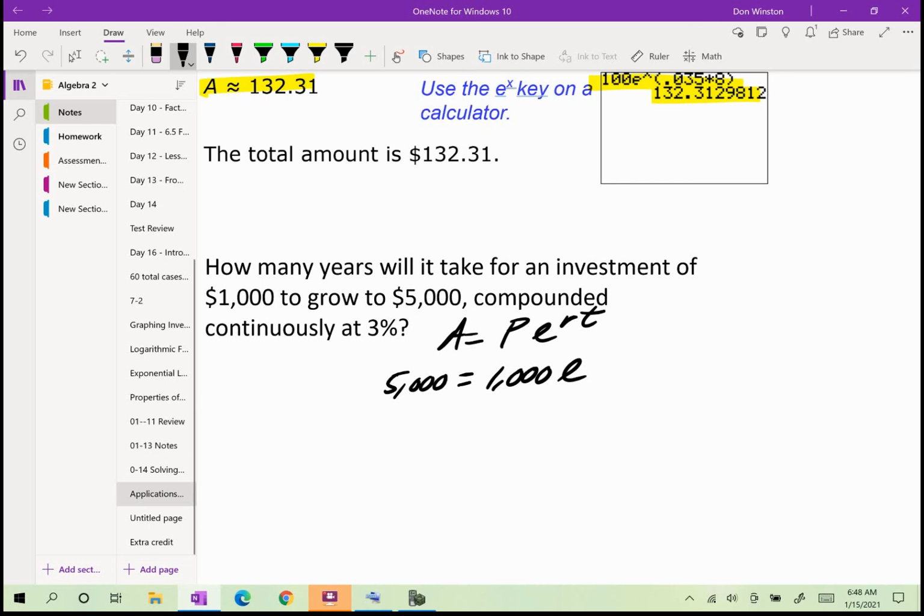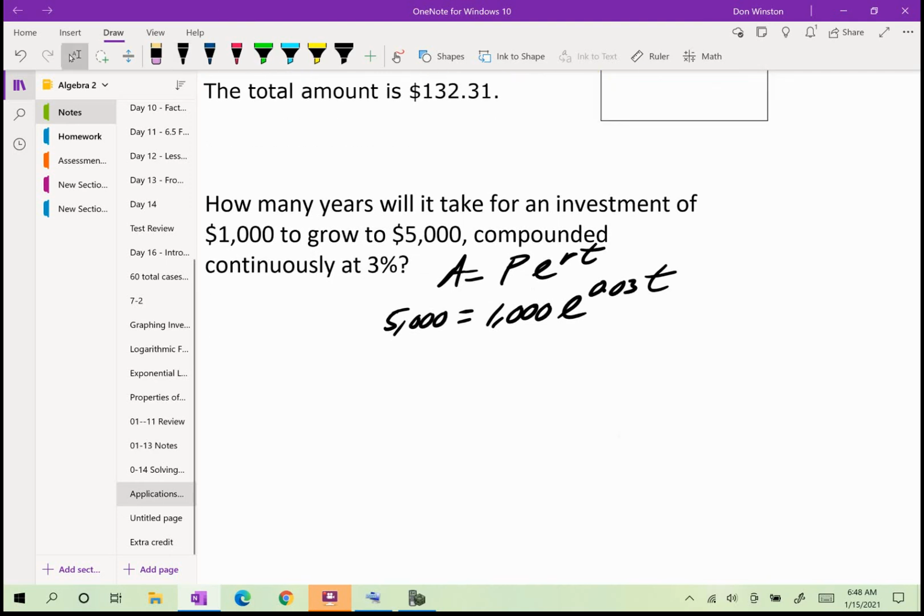We're working with e, continuous compounding. The rate is going to be 3% or 0.03, and we want to know how many years it's going to take $1,000 to grow to 5,000. So we divide by 1,000. That will give me 5 equals e raised to